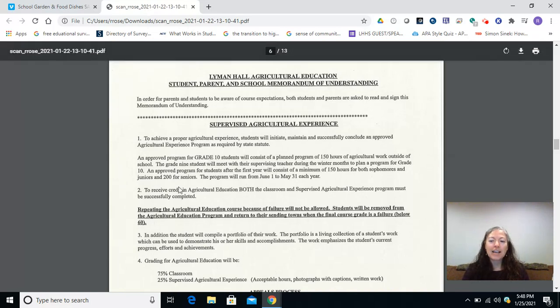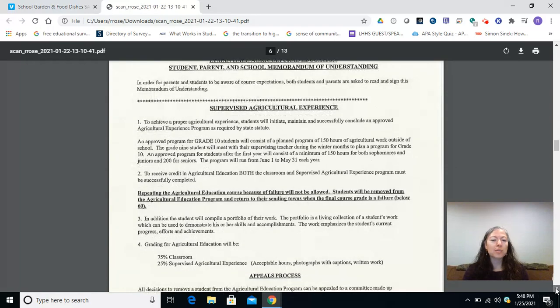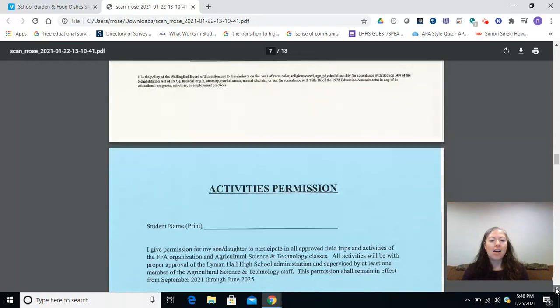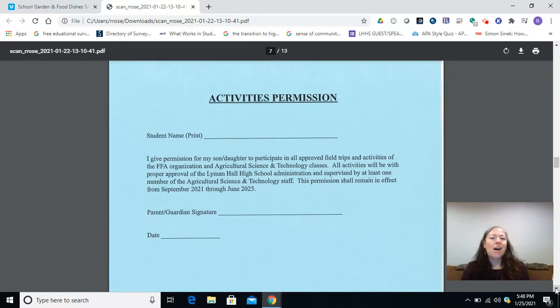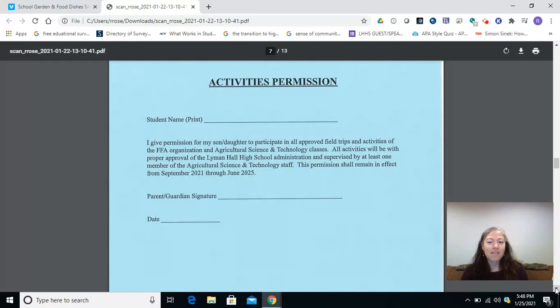Next up in your packet is our student activities form, and it's on the blue paper. Now, I like to also call this the fun form. All of our teachers in the ag program have our bus driver's licenses, and we have a series of vehicles where we can take you out into the community and to different agricultural entities during a class period, but you're still going to get back to school in time for your English or math class or whatever you have next.